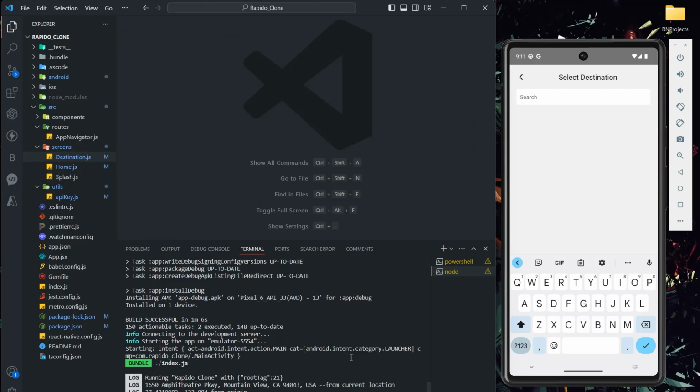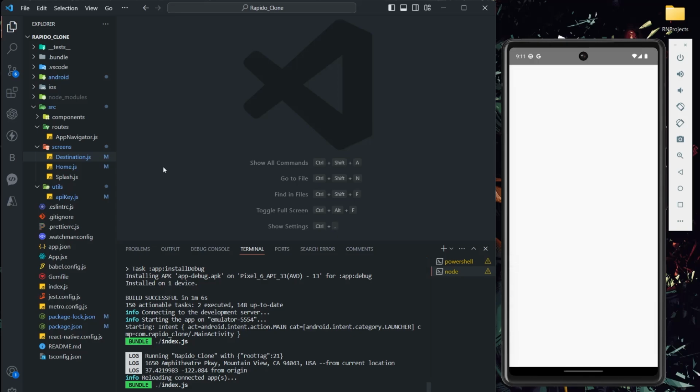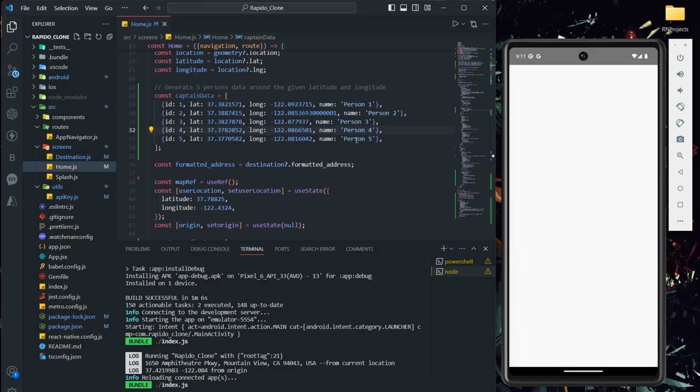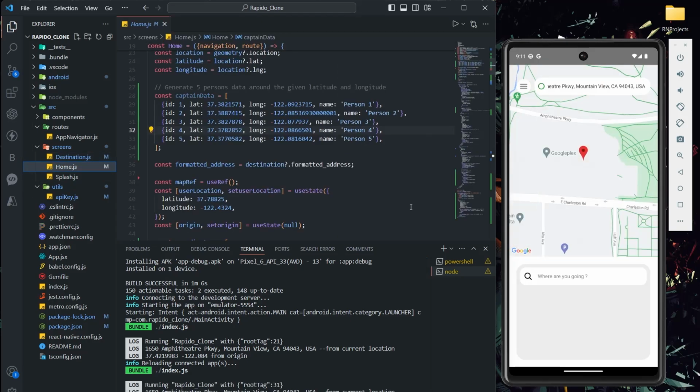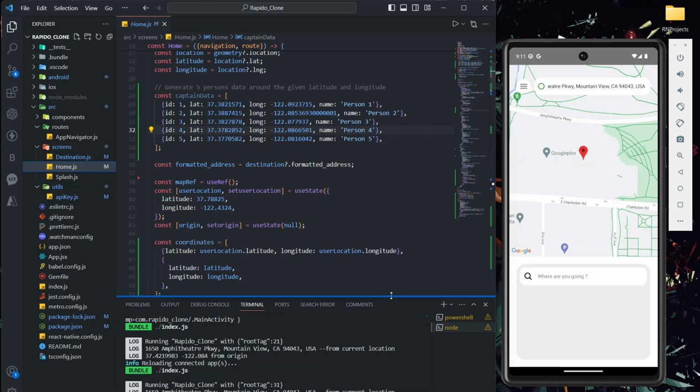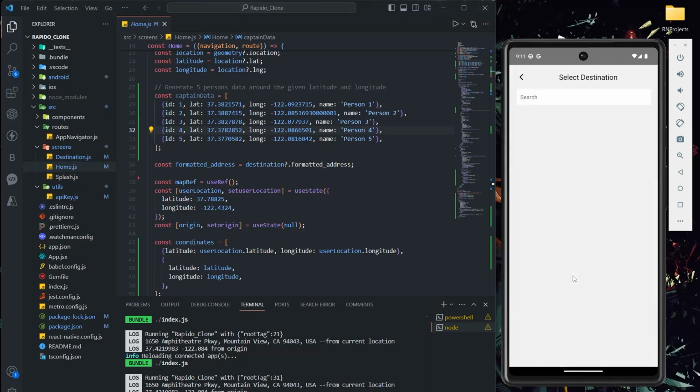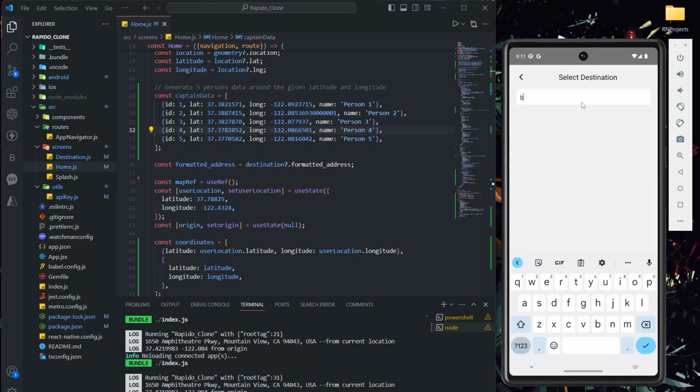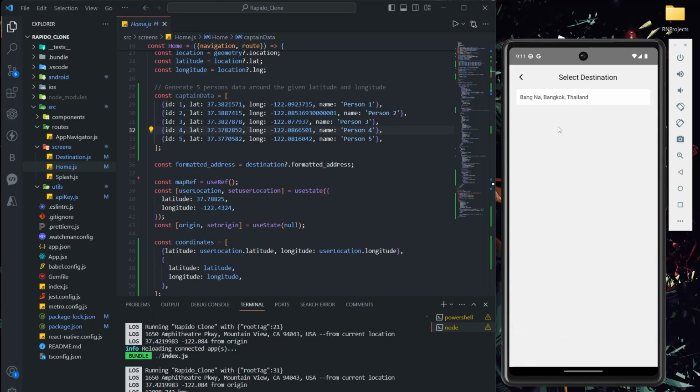So before jumping into implementation, let's check how much we have done till now. Let me go to the home screen. Initially we are showing the current location of that particular user and we are showing the formatted address. And on this click, whatever address we search, let's say I search for Bangalore here, let me click on this.